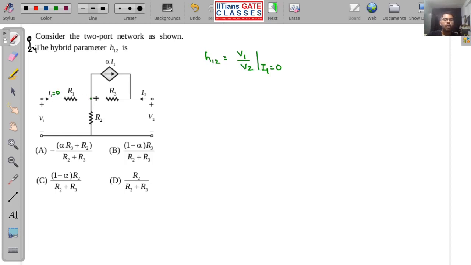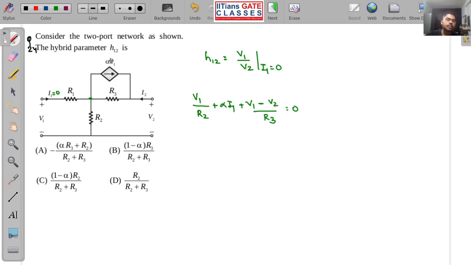Okay. So now what will happen if V is here? Suppose V is at this point. I am going to just apply nodal analysis at this node. So look very carefully. It will be V1 by R2 plus alpha I1, it is going out from the node, so plus alpha I1, plus V1 minus V2 by R3 equal to 0.